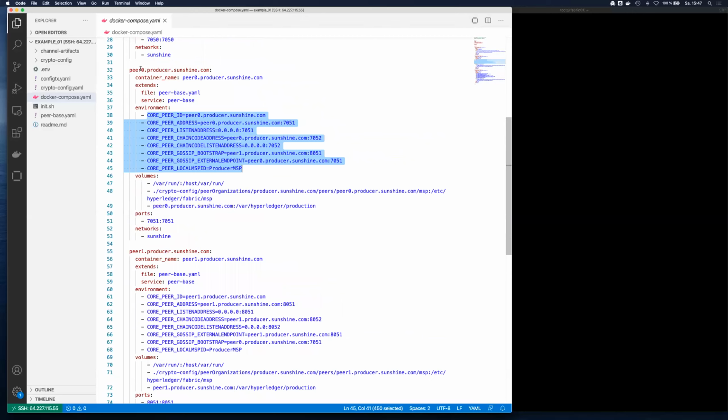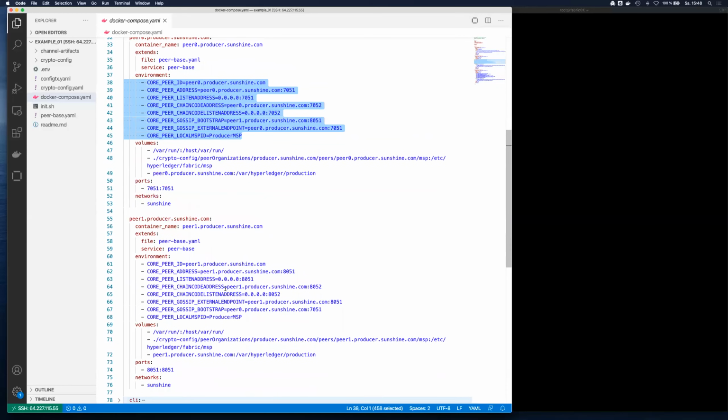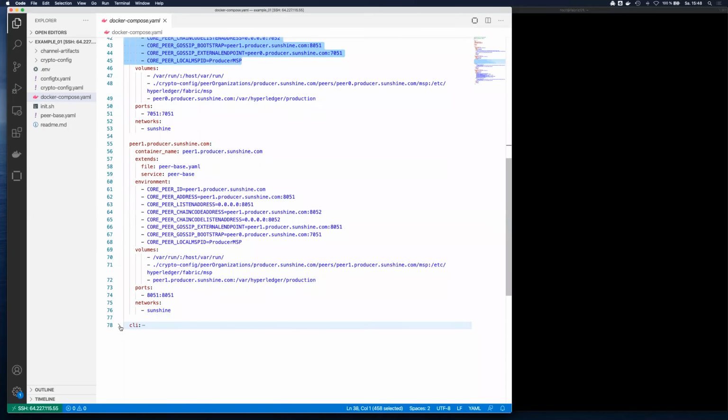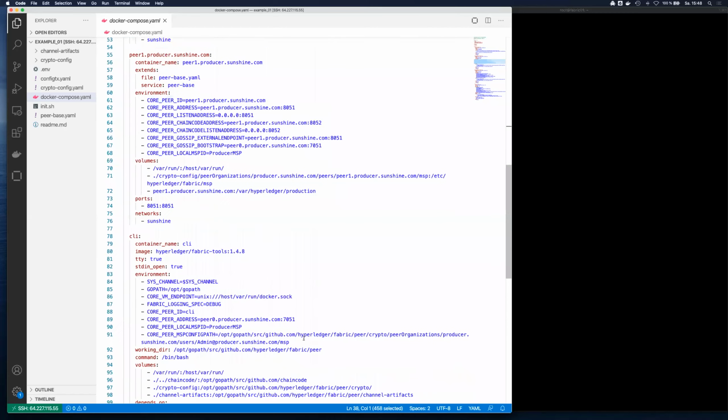But in the case of the peer, it's not important to change this here. So this is the configuration for this, and for the peer one as well. And when you compare this with the CLI container,